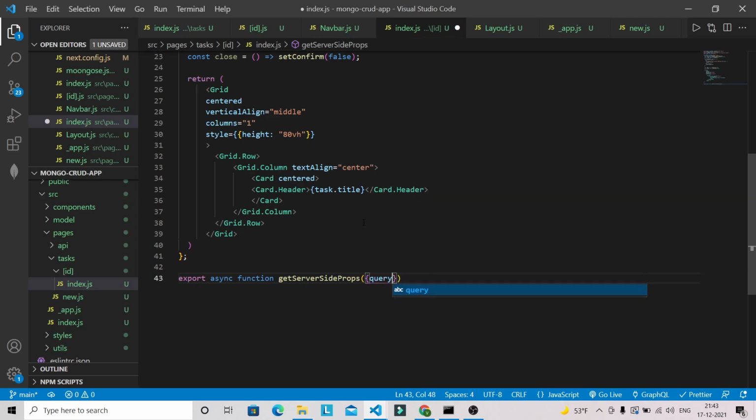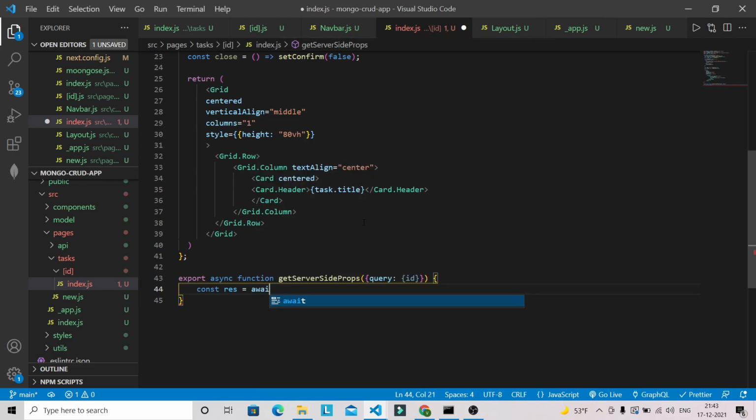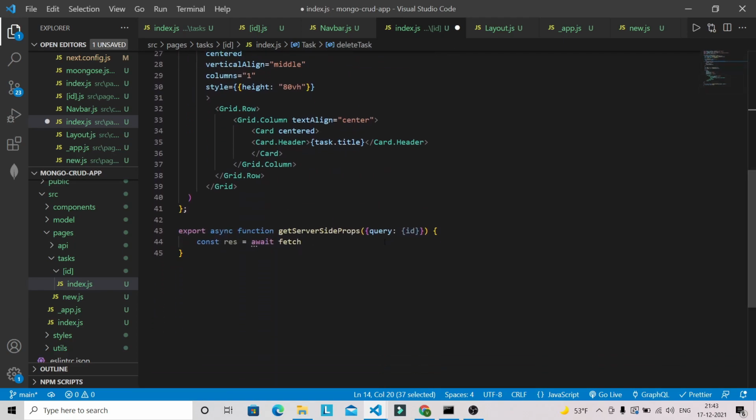We are passing this query, and inside this query we have the ID. After this, const response equals await fetch, and we can just copy this one because based on the ID we will get our single task, so we can paste it here.